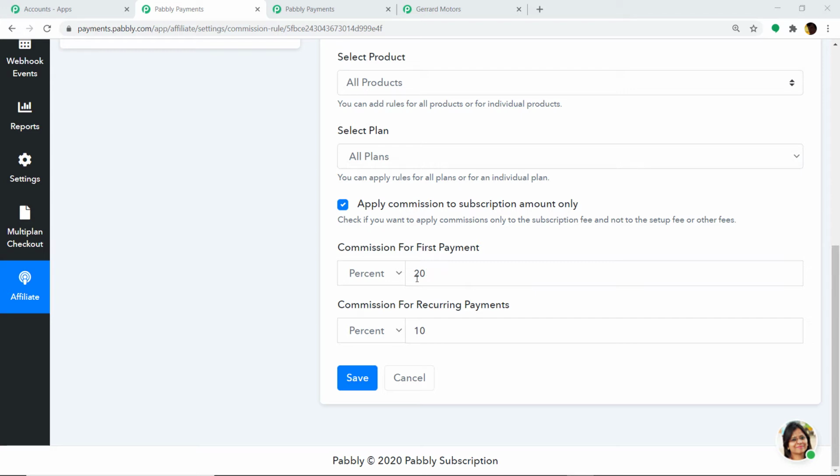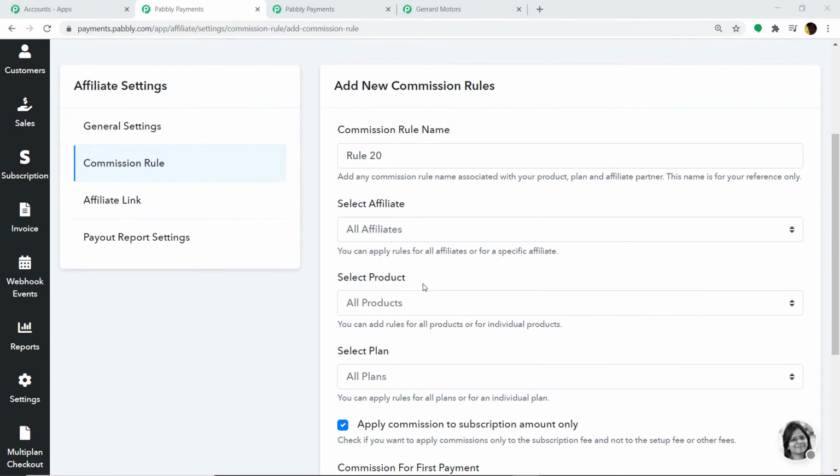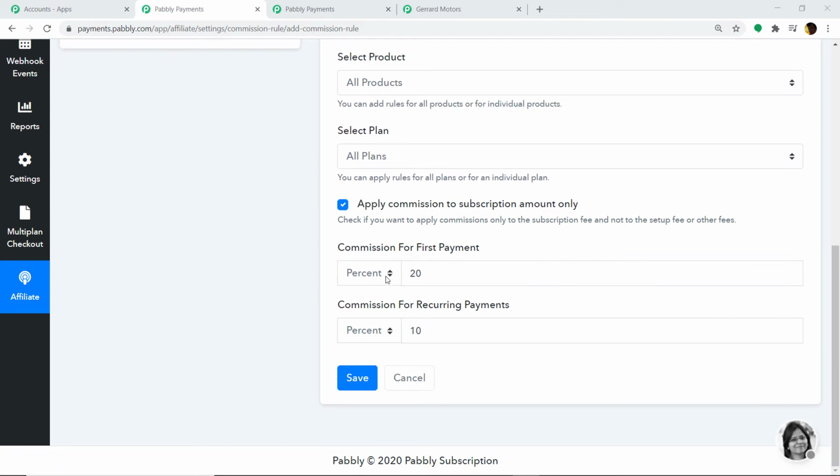Now imagine a recurring payment model where you charge the customer on a monthly, weekly, or daily schedule. So it is your choice to give the commission each time to your affiliate. Now I am being generous here. Okay, so that is why I'm willing to pay 10% for each charge on the recurring cycle. Okay, so basically all the details have been filled. I'm satisfied. Just click on save.